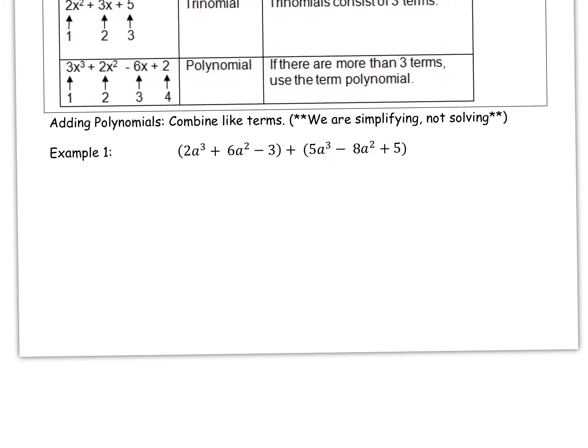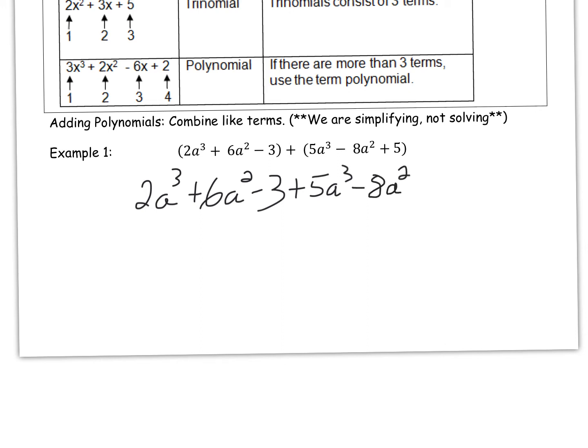So let me work through that. So again, our first term here, let me just go and rewrite these. So we have 2a to the third plus 6a squared minus 3. Now we have our plus, and then we have a 5a to the third. So I'm going to go ahead and write plus 5a to the third. And then here we have plus a minus 8a squared, or we could call it a negative 8a squared. So plus minus, we're simply going to write that as minus